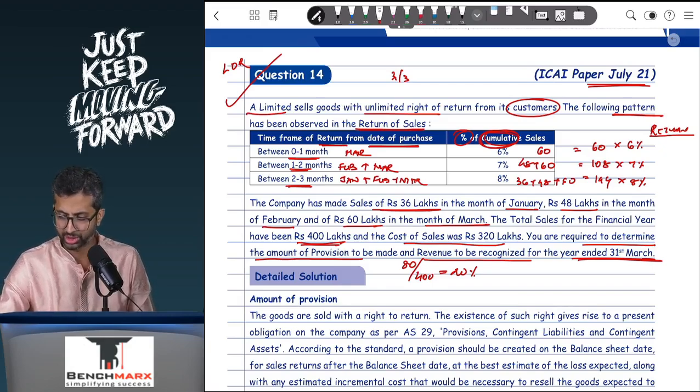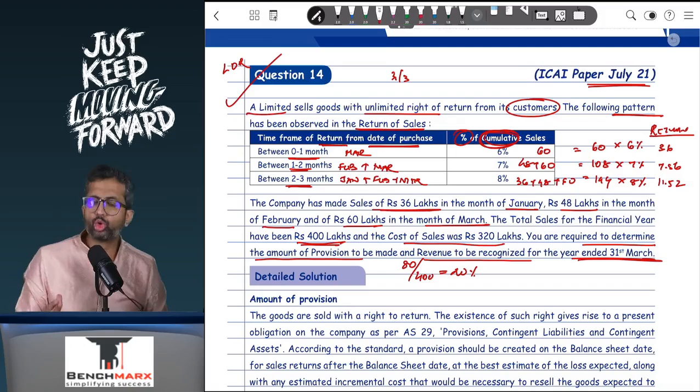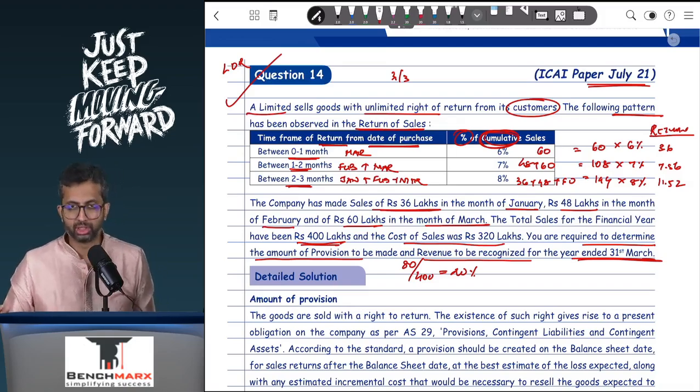60 into 6% comes to 3.6. 108 into 7% comes to 7.56. And 144 into 8% comes to 11.52. These are the goods likely to be returned. But when they are returned, is the entire amount going to be our loss? No. It is only the profit that is going to be our loss, and hence provision is created based on